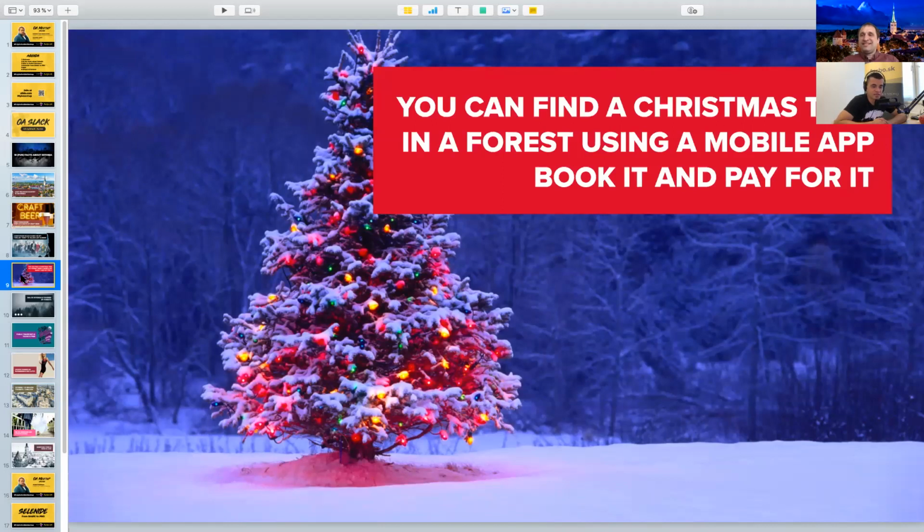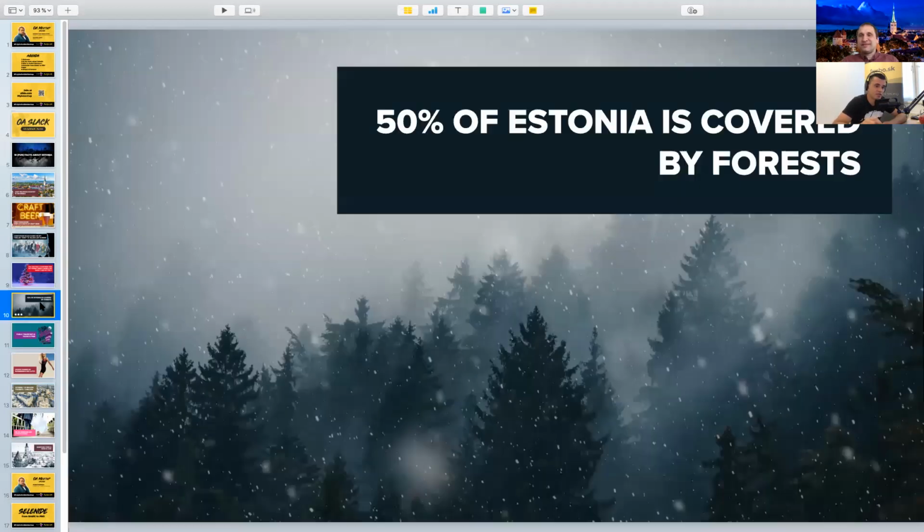A database of trees. That sounds kind of cool. What do you put in such a database, like the height of the tree and the type of the tree? But I have to say that you need to have a database if you have such a big country covered by trees, which leads us to the next point, and that is that